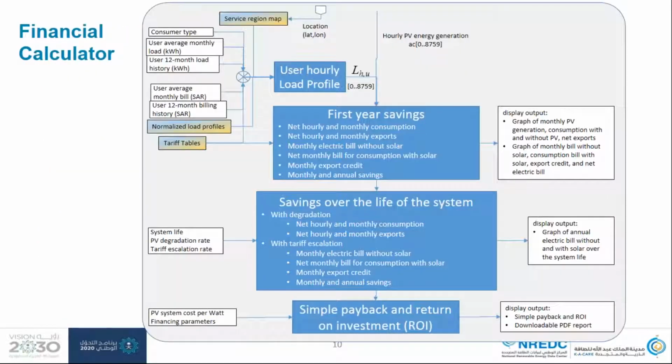As far as the financial calculator, we're writing that one from scratch. We're not using any of the SAM calculations. Because of the net billing, it's important to actually calculate both consumption and generation on an hourly basis. And so we actually got a pretty thorough sample